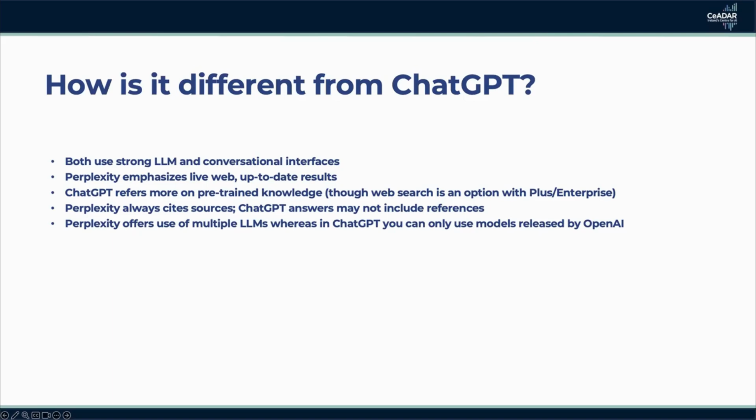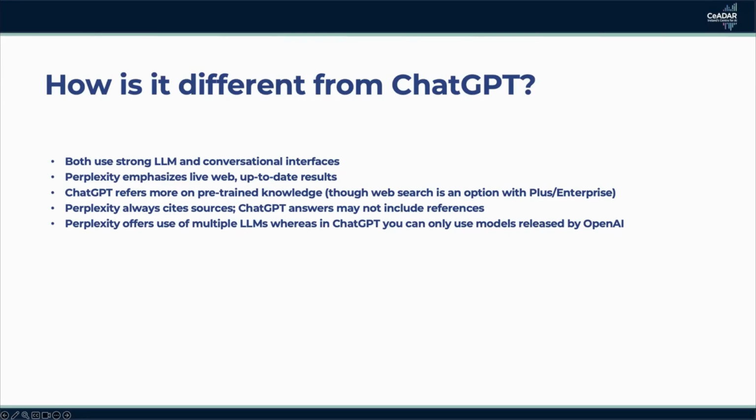Now, I should mention that the web search feature is also available in ChatGPT, but only with ChatGPT Plus and enterprise subscriptions. So the key difference is this web-pulling capability is not the default behavior of ChatGPT, unlike Perplexity. The second big difference is, and this is huge for everyone who is into research and making evidence-based decisions,